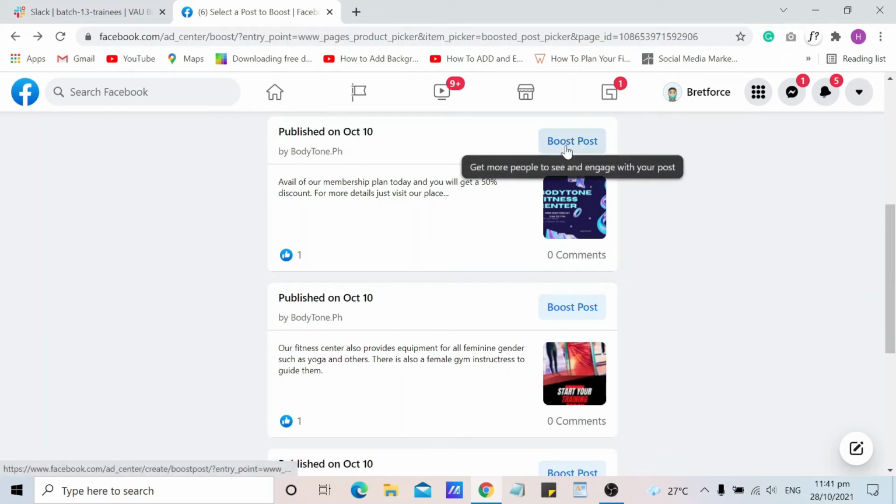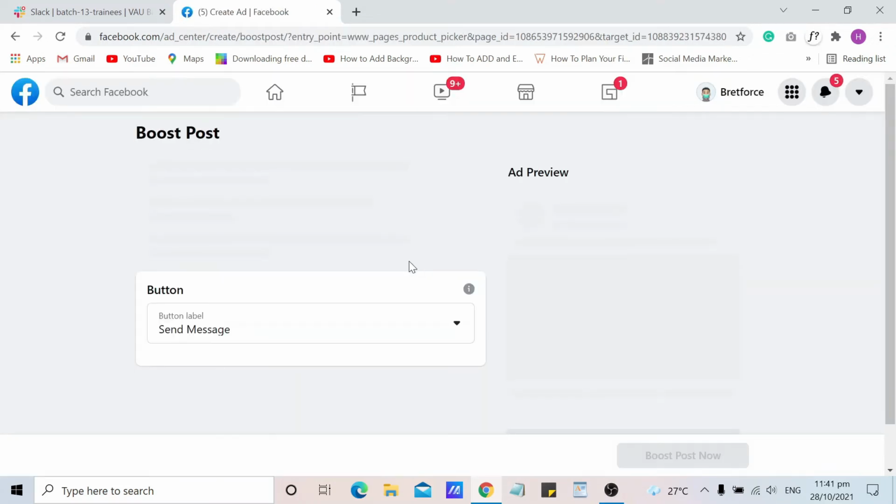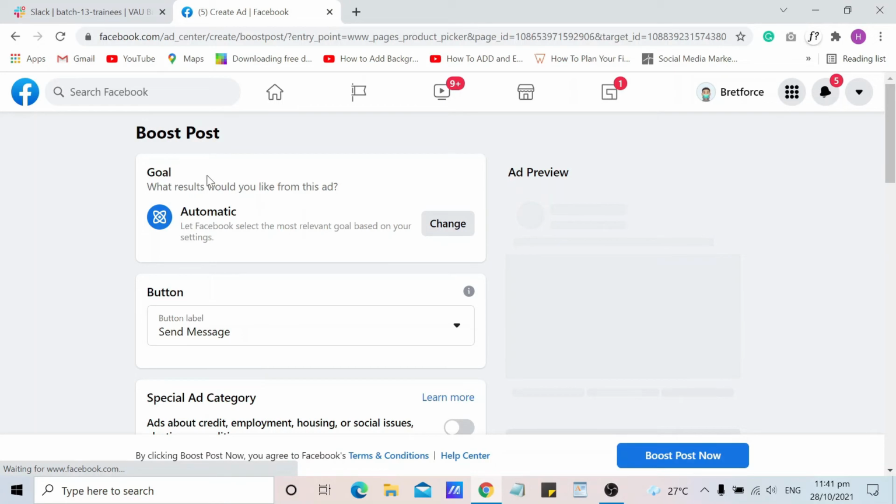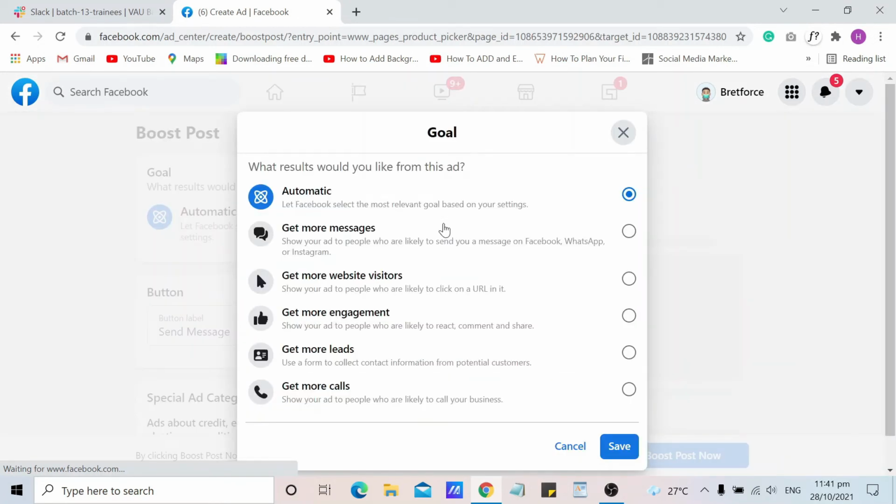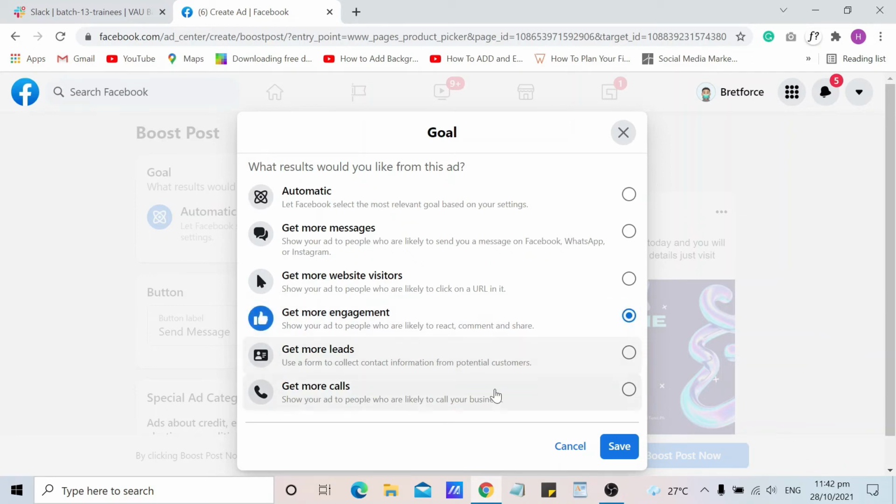Just click boost post and change your goal. You can choose automatic, get more messages, get more website visitors, get more engagement, get more leads, get more calls. I will prefer to choose get more engagement and then click save.